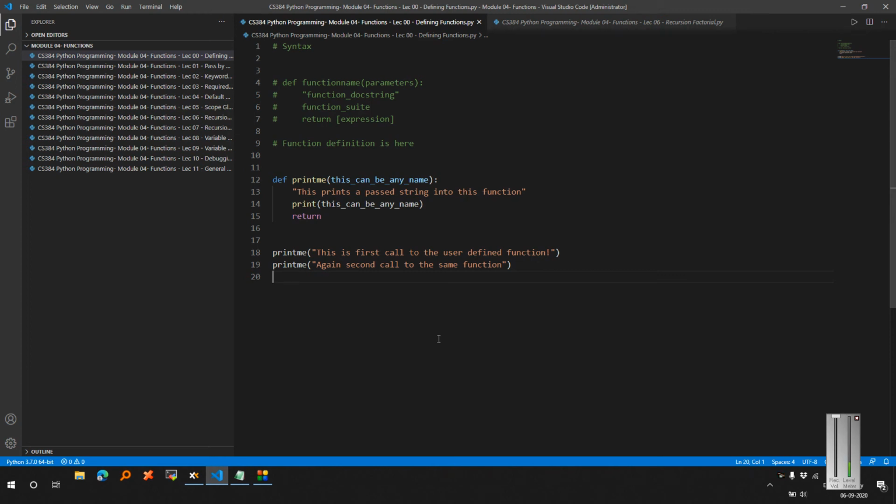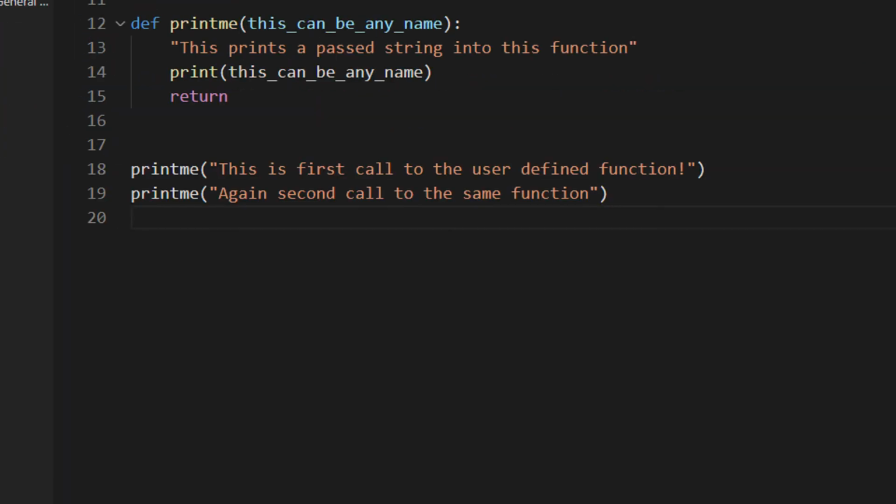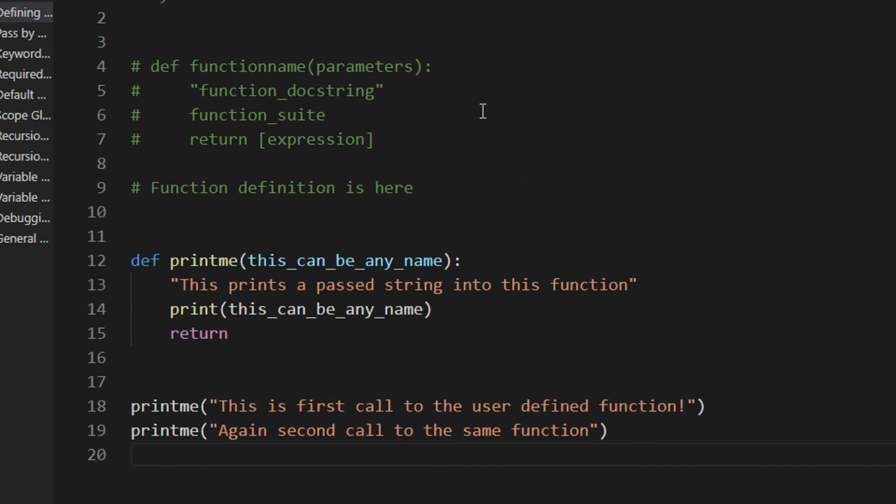So we are now beginning module 4. In module 4 we will look at functions. Functions or methods, you can call them anything, or definitions basically. So why do we require functions in the first place? Many a times, when you have larger pieces of code, you require a few operations that need to be repeated.